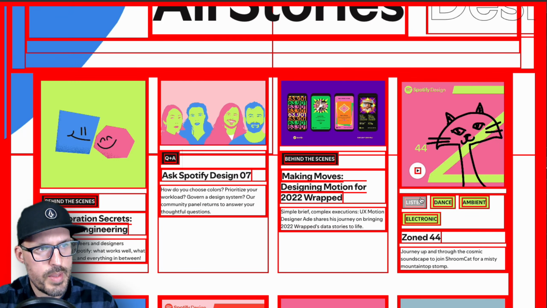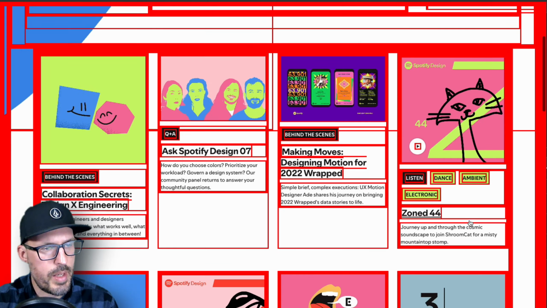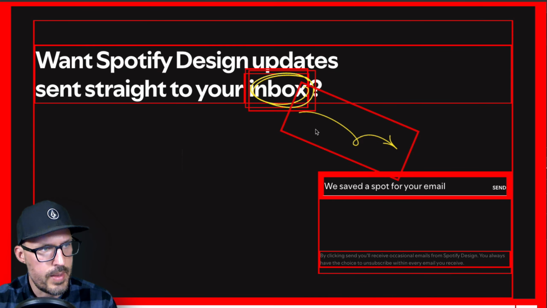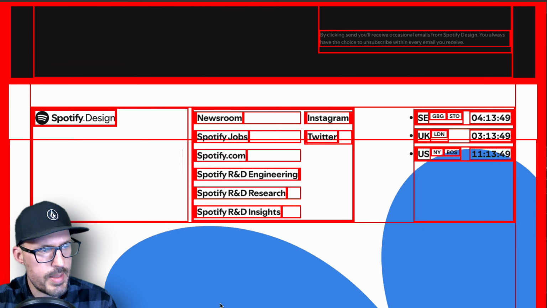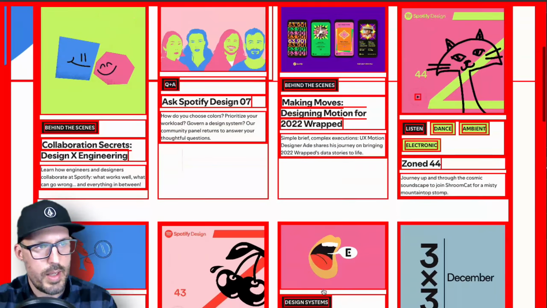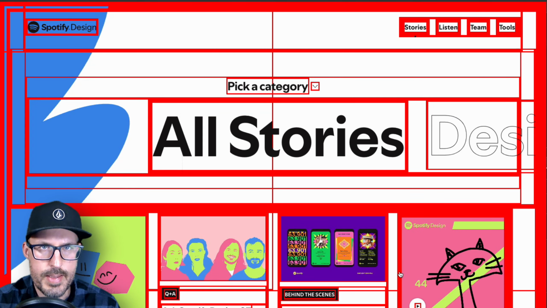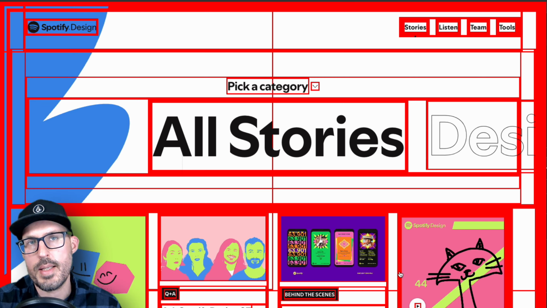Even these smaller elements here are inside boxes, inside of other boxes, inside of other boxes. We can see that even some of the elements, like the squiggly arrow here, is inside a box itself. The footer down here at the bottom is a series of boxes, so on and so forth. And so that is the fundamental thing to understand about HTML and CSS, is that everything is inside of a